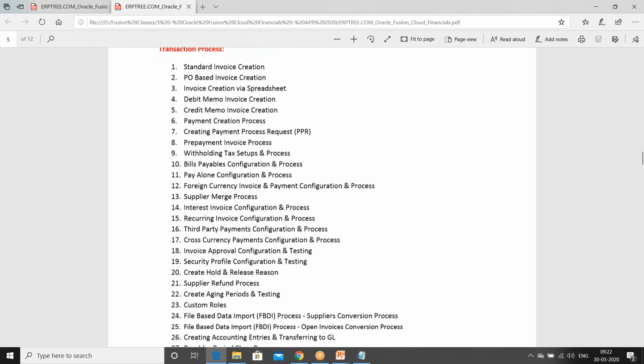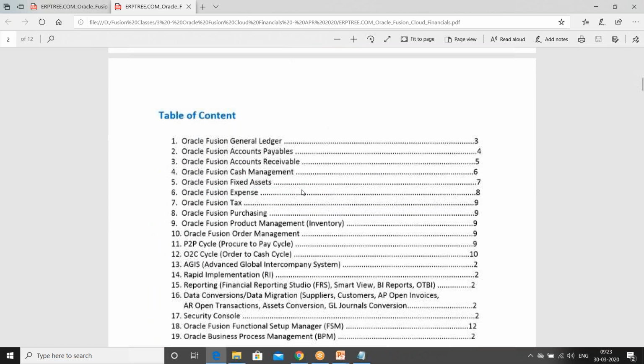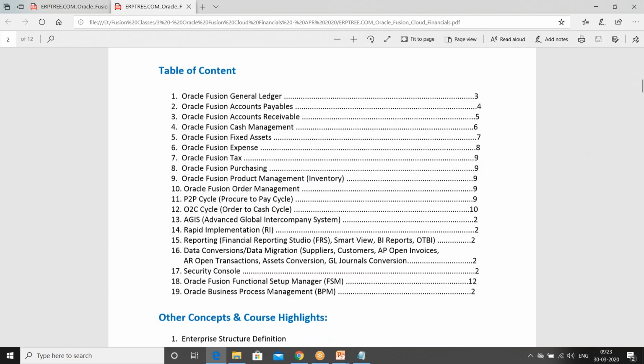Lakshman, why are you not covering project accounting? Part of the financial portions come in from projects. Projects are a different area. I understand, but it has a big impact on financials, though. There are a lot of integrations from projects to financials. Correct, it has costing. And revenue. I understand. That is separate training. That is the reason we are not covering it. Already we included finance and SCM basic flows.